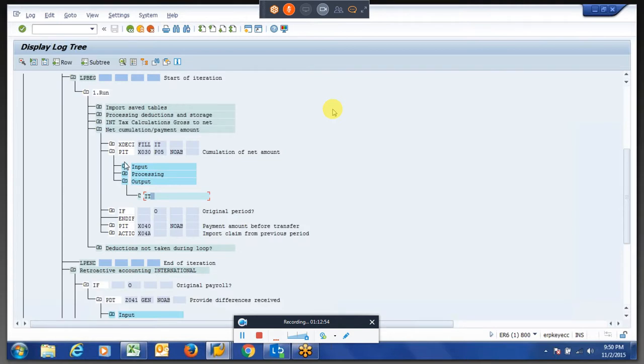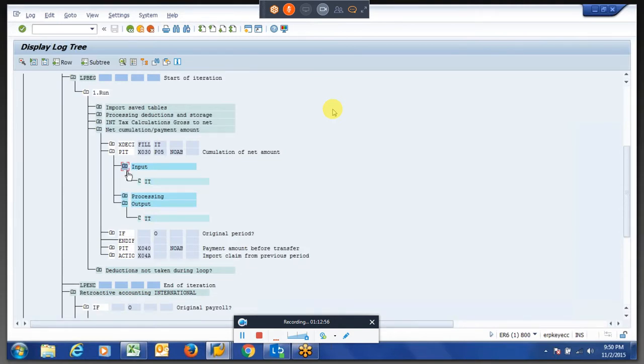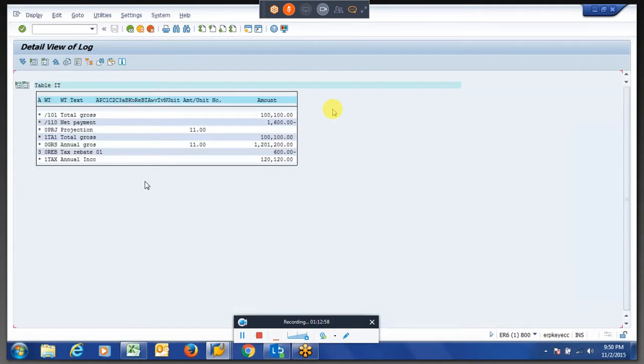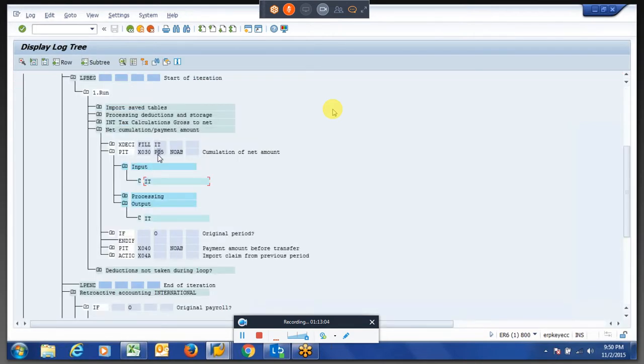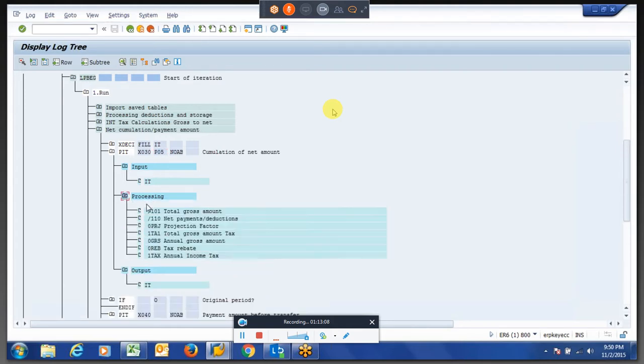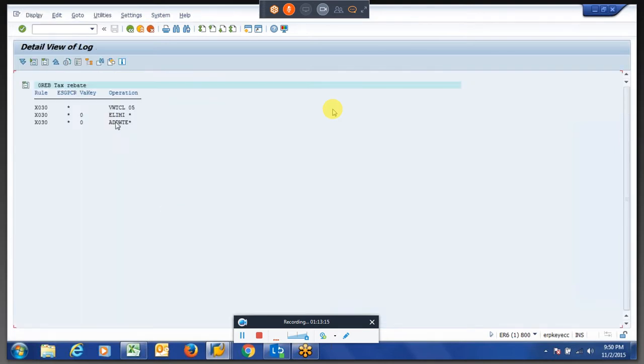But I am just debugging in a reverse manner which PCR was generating this. So here is the PCR it was generating based on processing class 05. So what is that PCR? We will see. So somewhere, what is the new wage step we created? This one, right? This is going to a RT table.